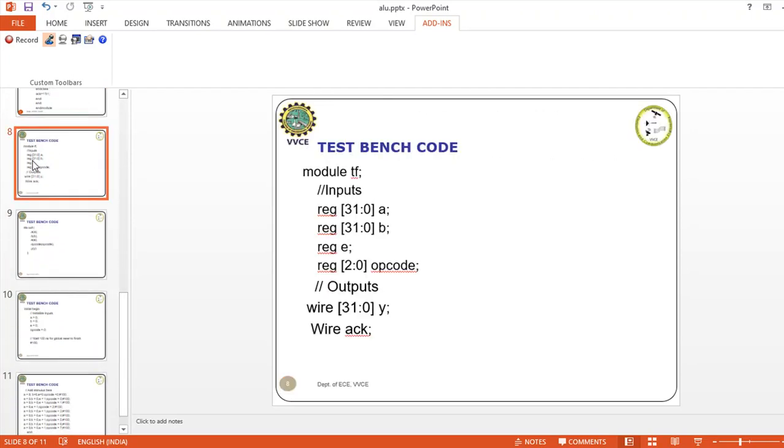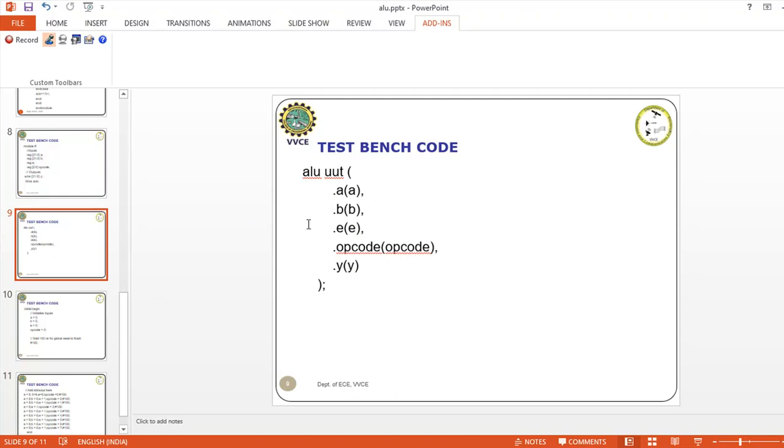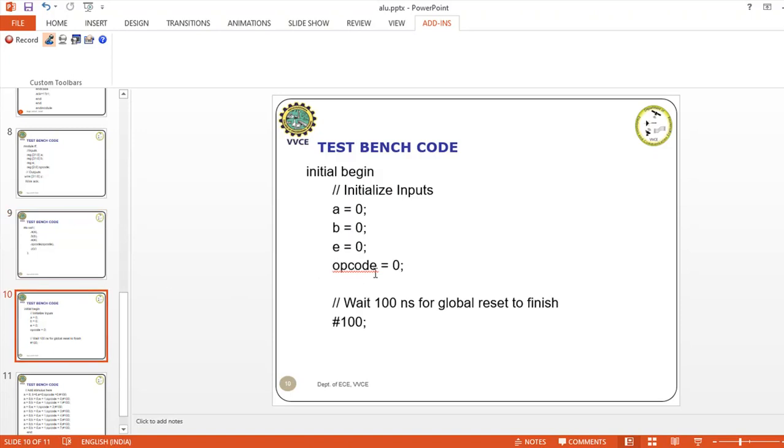Okay, we'll come back to the slide. Since I already explained that the module does not have any terminal list, I am choosing it as a TF in my test bench waveform, and all the registers are treated as inputs and all the outputs are treated as wires. And here the design is also instantiated within the stimulus block. And the initial value, as I already explained, the Xilinx compiler will generate as 0 for my inputs.